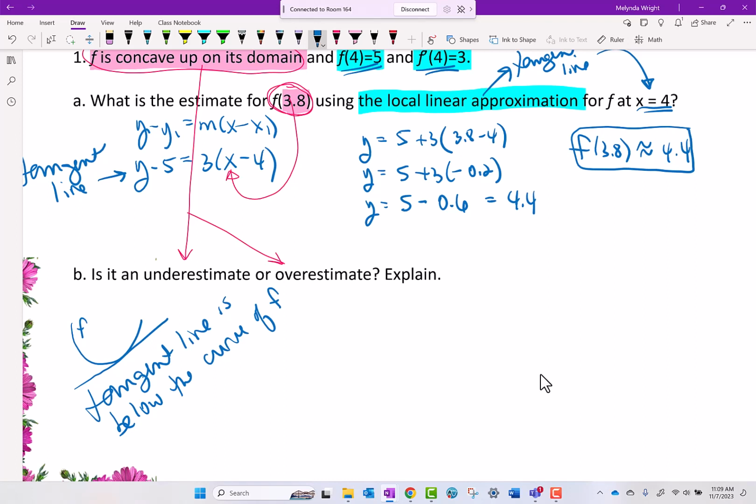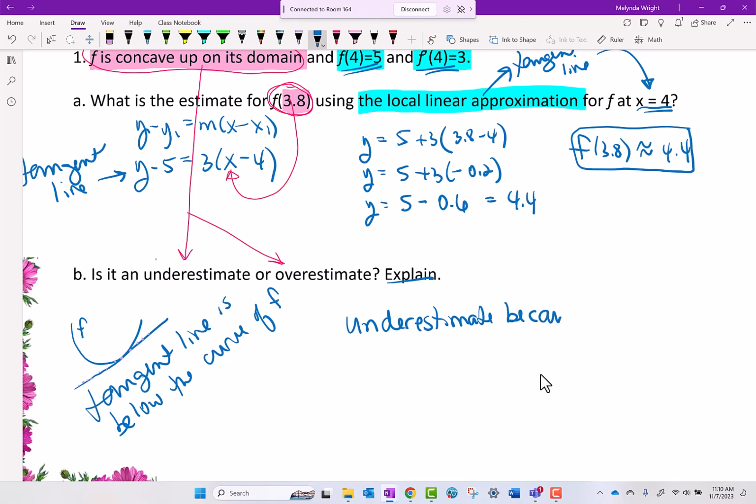Does that make sense? We can physically see them. All of these little y values right here are all smaller than the function value. Therefore, our approximation is going to be an underestimate,